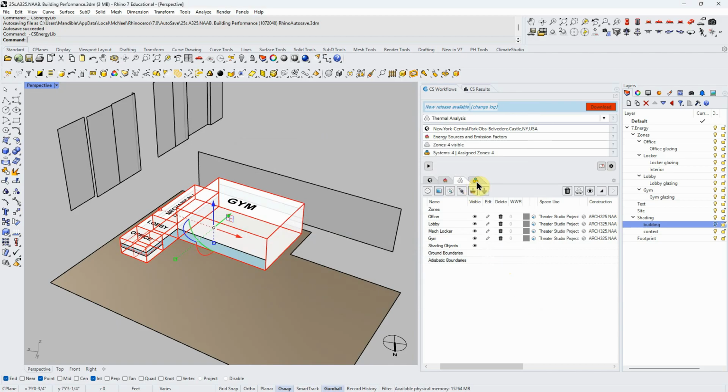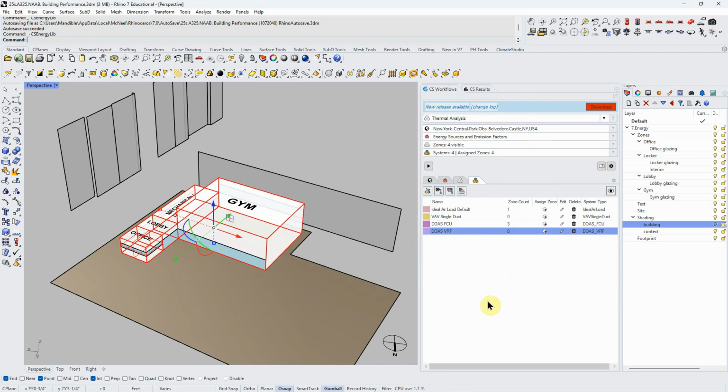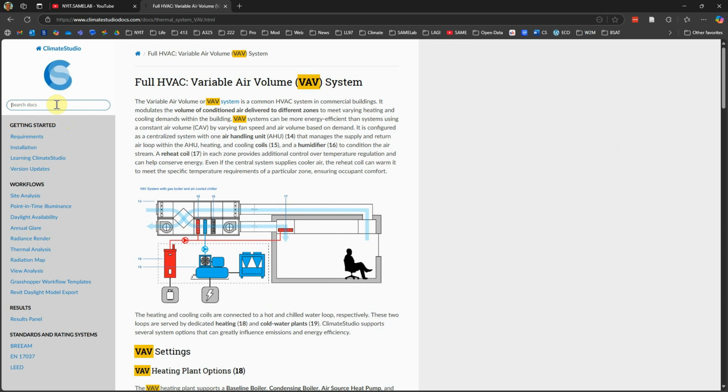Now I'm going to set my HVAC system. The first thing I want you to do here in your HVAC is, we really haven't gone over this, and I'm already at 13 minutes. Okay, the way Climate Studio is set up, and you can read about that here, and again, like I said, it's a book. If I put in ideal air,